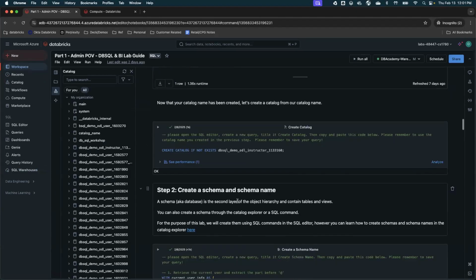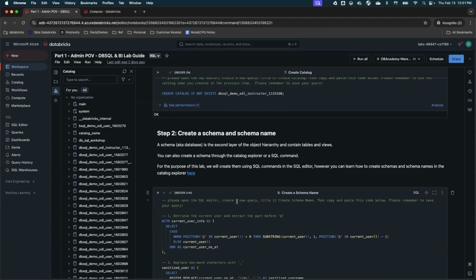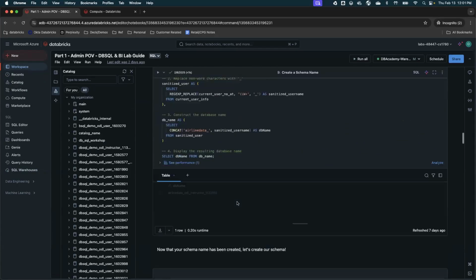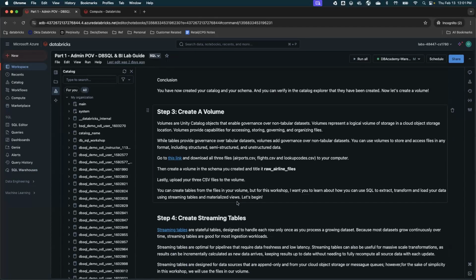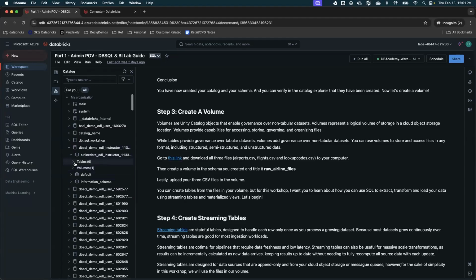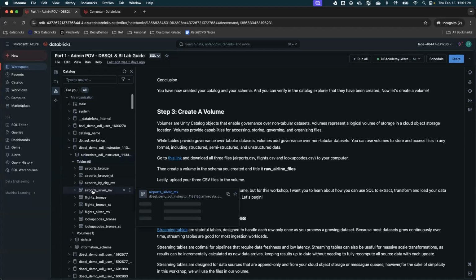Okay, so we were there, we created a catalog, and we created a schema here. Now we create a volume. Somebody asked a question about volumes. So what you do is, you have a table which is structured. If I go to my schema, I can have a table where I loaded all the airline data, and I have loaded all the data from airport flights, etc. All this came from a CSV file, so that will be structured data.